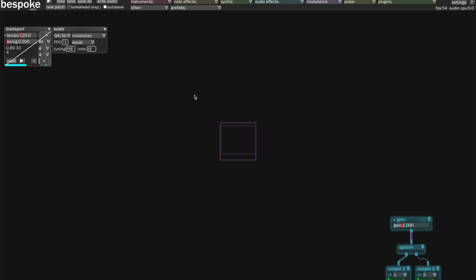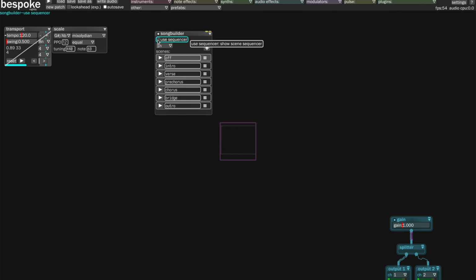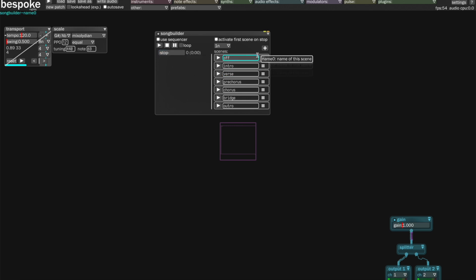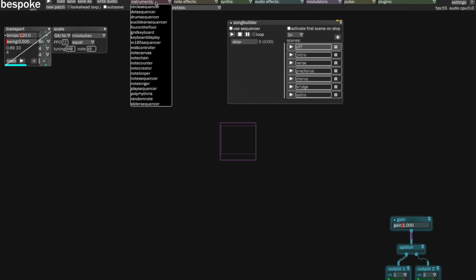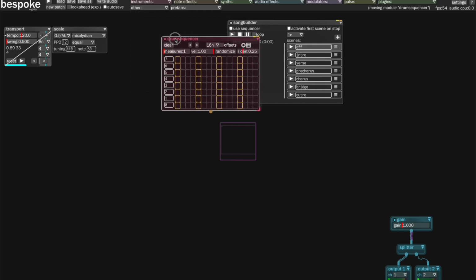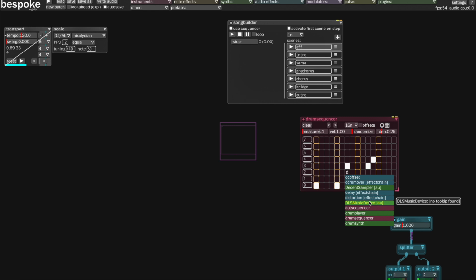Now let's look at some of the bits and bobs that we might use to actually create an arrangement or a song rather than just a beat. So quite often what I use for this is this songbuilder, which has a sort of collection of what you might call named areas of a song. So let's maybe get some simple stuff going. Let's get a drum sequencer, and let's do something up here, I don't know, and a drum player,